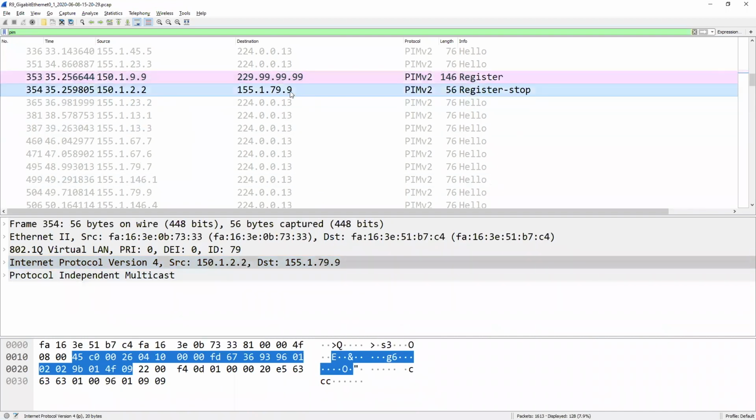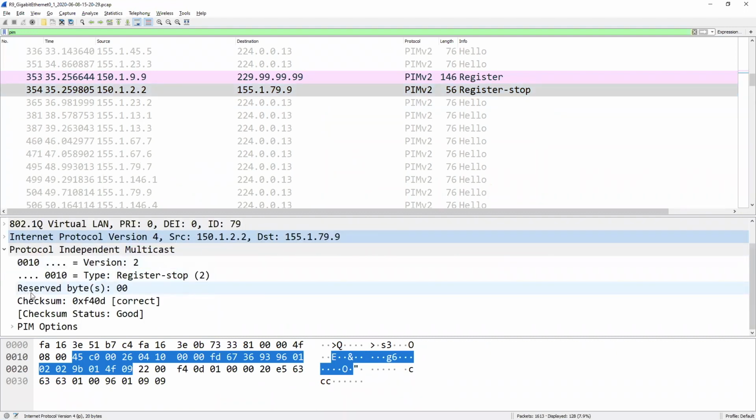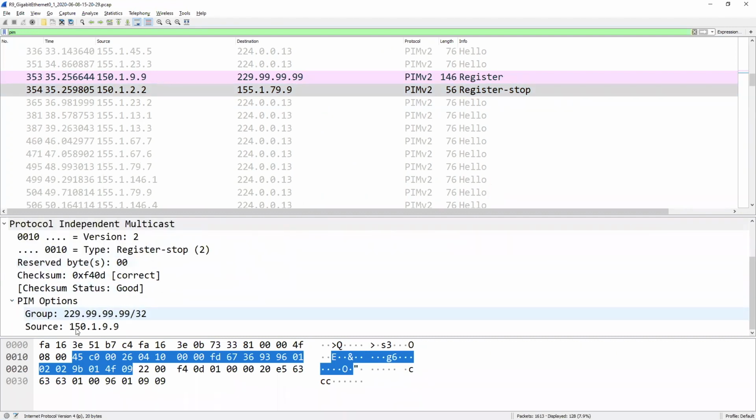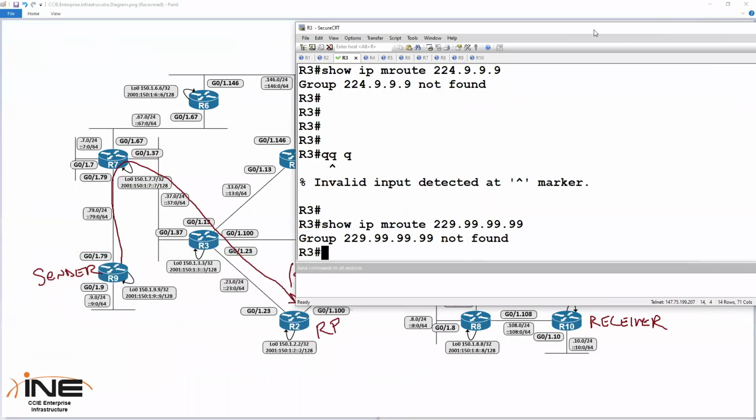Okay, the register stop then is going to be the acknowledgement from the rendezvous point going back to the sender, to the designated router, telling it, yes, I now agree that there is that particular source, 150.1.9.9, for this particular group, 229.99.99.99. Okay, so the point of this is that if the PIM network is properly built, we should be able to go anywhere in the topology and do just a basic ping, and then look at the rendezvous point,